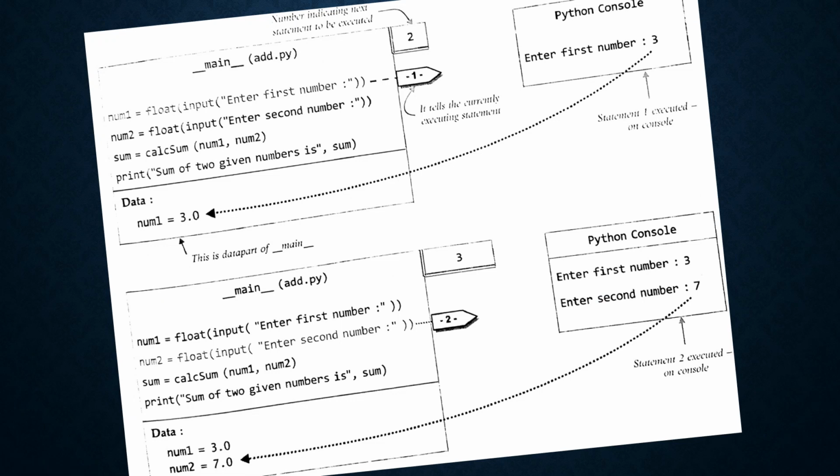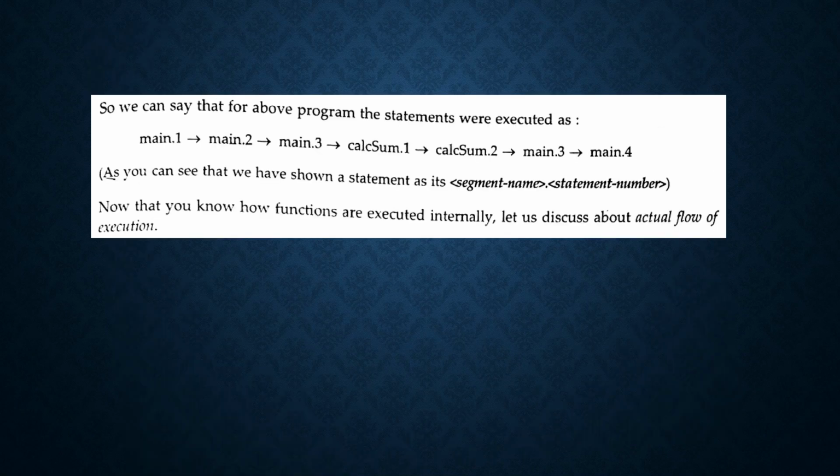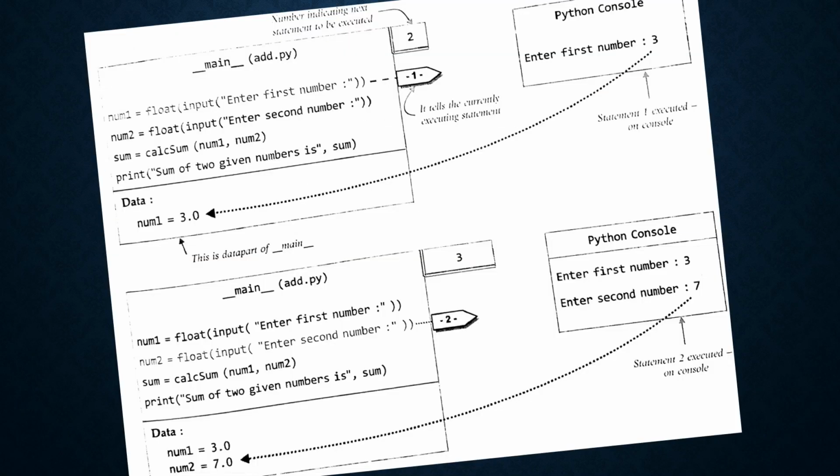See here once again this picture that depicts how to pass values from one function to another. It is the same program given in the previous slide, and here values are also given: num1 equal to 3, enter the first number, num2 equal to 7. It performs the operation like this, so the answer is 10. It returns the answer back to the main function, the statements without indentation, or we can say the topmost level statements.